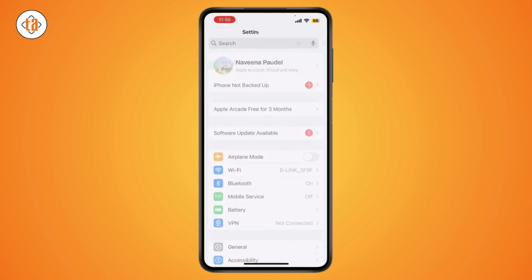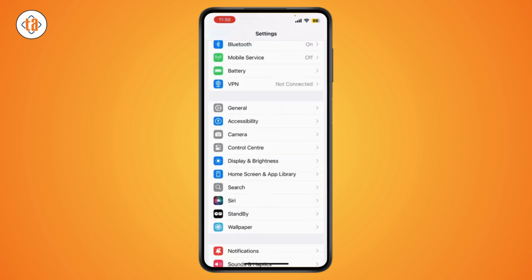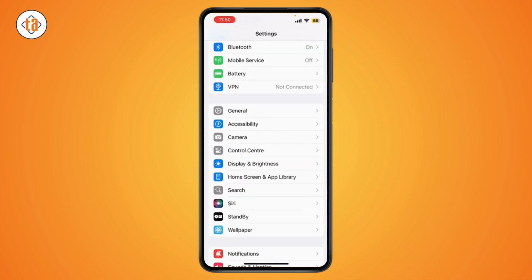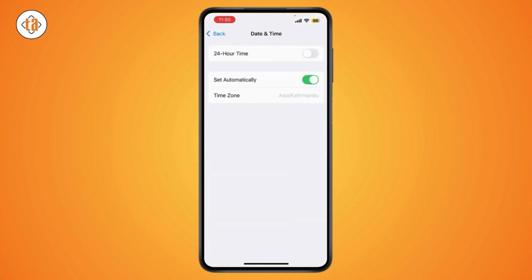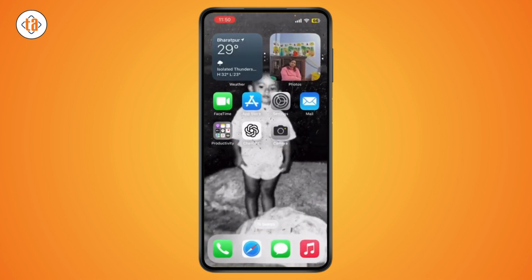Or you can also go with your settings again. Under settings, you can scroll down, go with date and time, which will be under your general. Tap on general and then scroll down, go with date and time, and you can modify your date and time. If this still doesn't fix your problem, then you need to reinsert your SIM card, and after that you can